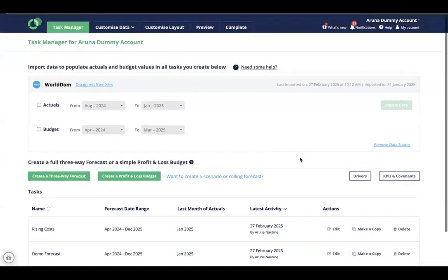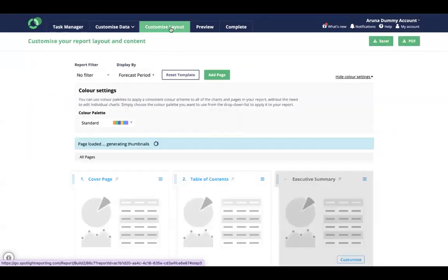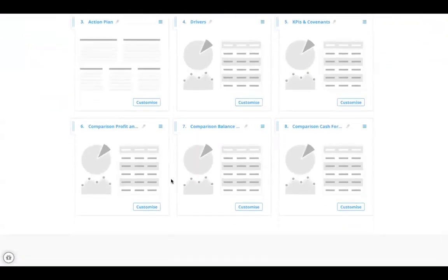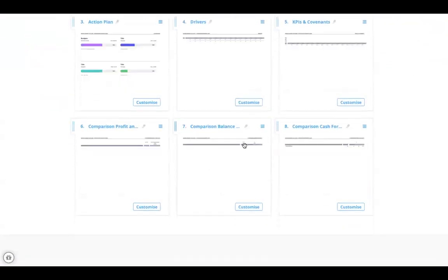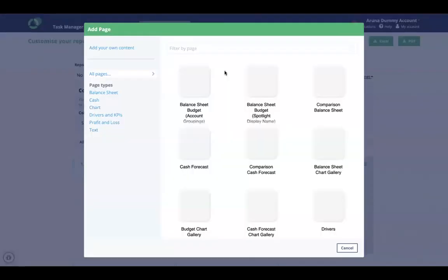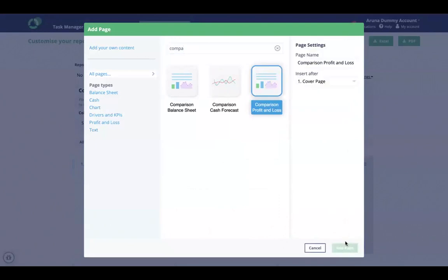forecast. Once this is all done, you can then use it on things such as comparison pages, which is over here in Customize Layout. And we do have 3 comparison pages for you. We have a comparison profit and loss, balance sheet, and cash flow forecast, which are these right over here. If these pages aren't in your current report, don't worry. Come over here to add page, and you can just type in "comparison," and there are those 3 pages, and you can just add them into your